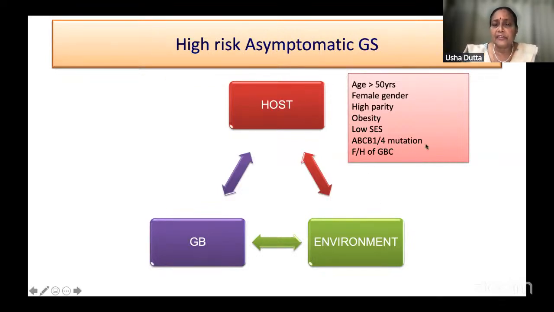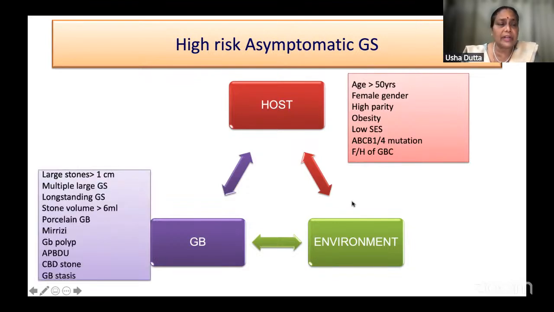And we also saw the caveats with family history being positive or negative. And when I look at the gallbladder, I look at stones, look at the multiplicity, and if I think it's a long standing stone, if there is associated porcelain gallbladder, and if there is anomalous pancreaticobiliary junction, which if it is incidentally picked up, nobody goes on looking for these because it's not possible to do an MRCP in all these patients. And if there is a CBD stone, obviously, even if it is asymptomatic, the gallbladder should be out. And if I find gallbladder stasis, which we do routinely in all our patients with gallstones before we can plan our management.